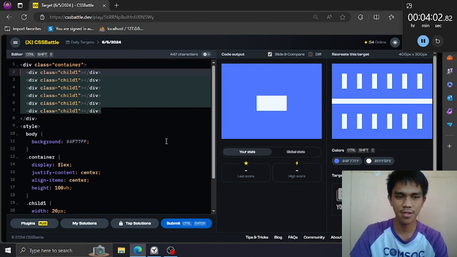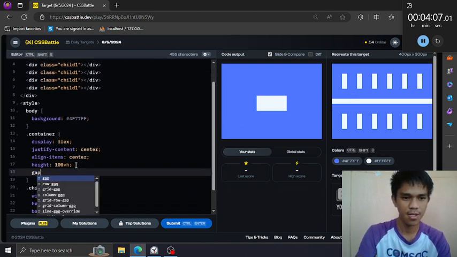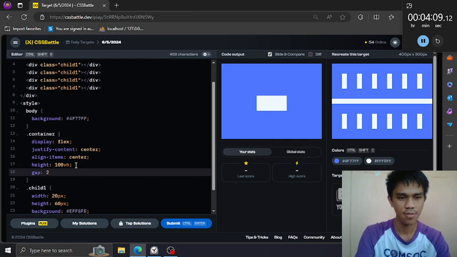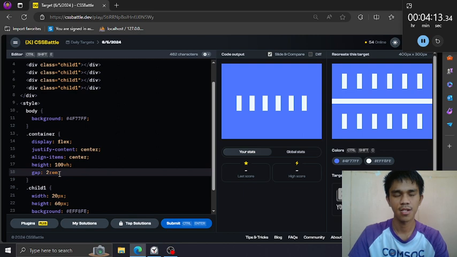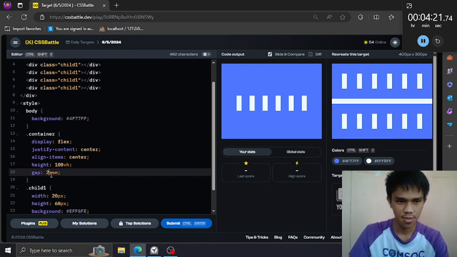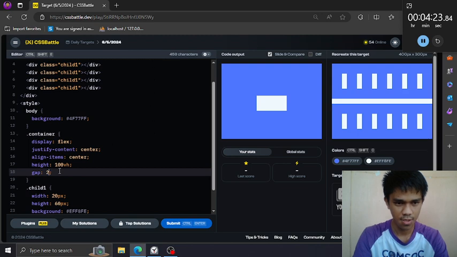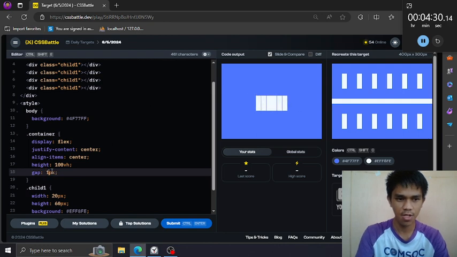Six rectangles. Okay, let's put a gap. The rem. 2 rem is just like 24 pixel. Let's try. Yeah, 24 pixel is 2 rem because 1 rem is equivalent to 12 pixel.